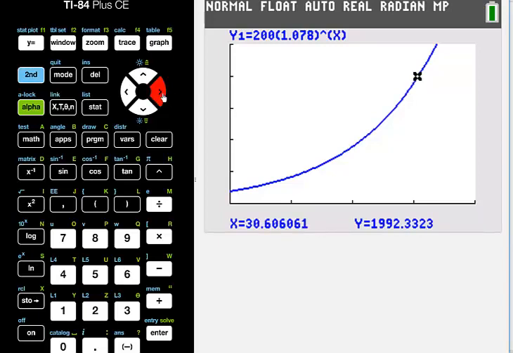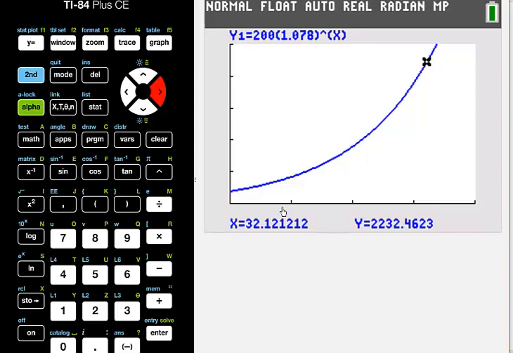I'm almost there. I'm almost to 2,000 people. Look, I just passed 2,000 people. I've gone over 30 years along here. I just got to get up to 2,200. Okay, that spot is a little below 2,200, and my x is 31.8. I think one spot further is a little bit above 2,200, and my x is 32.1. But either way, if you round those numbers off to the nearest whole number, you're getting 32, right? 31.8 or 32.1, both of those round off to x equals 32.